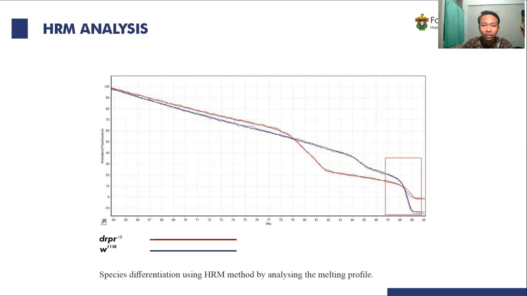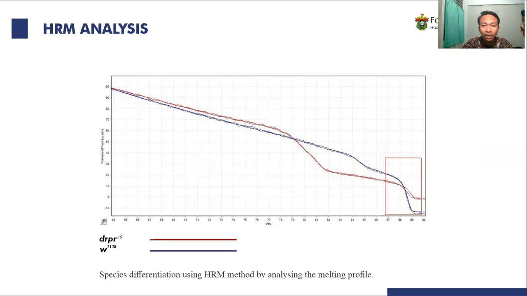From the melting curve that we can see in the slide, the temperature range from 80 Celsius to 90 Celsius was selected as the melting point location for defining the difference in the nucleotide base sequence. High-resolution melting location selection was attempted at the melting temperature which is most likely to have the highest GC bonds.